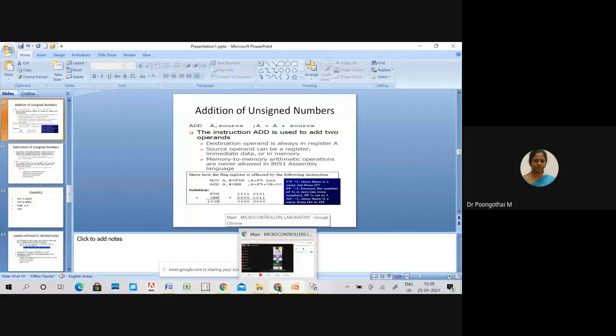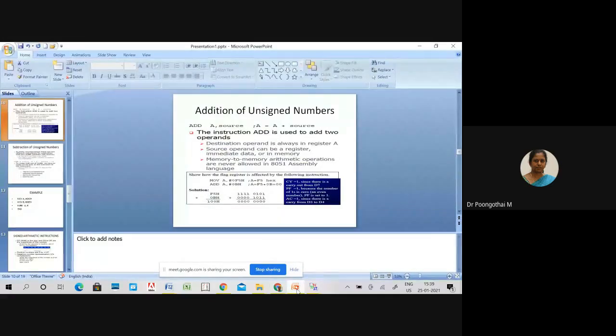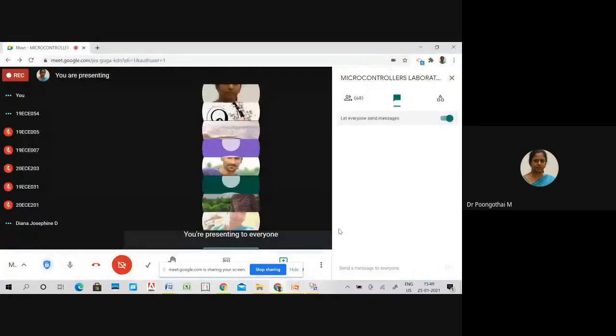Add F5 and 0B and find out what will be the content of your accumulator. So your inputs are F5 and 0B, add these two.